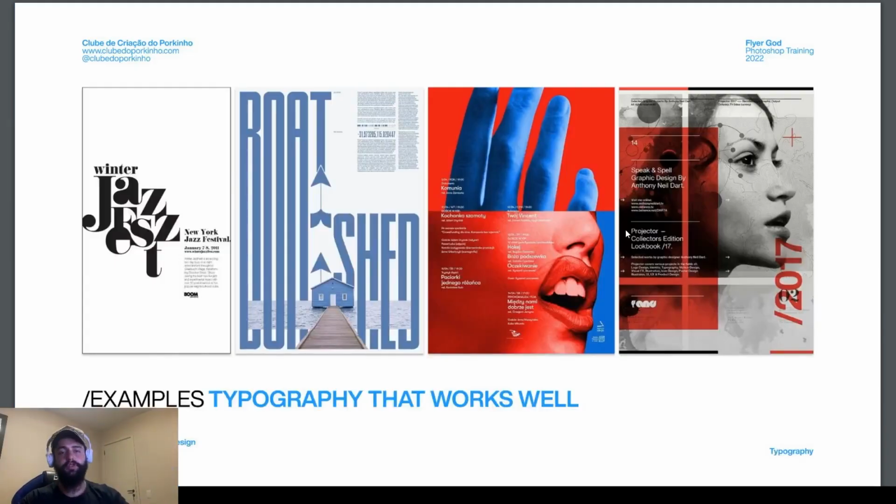And just to give you guys some good examples of how to work with typography, just some really cool ideas. So it's really a good example of just how to use your hierarchy. You definitely see that Winter Jazz East is a jazz festival, so they definitely show attention in this title, and they have smaller fonts and lighter fonts to just complement the information. You also have this cool effect by just stretching the font, so you kind of have this cool look,